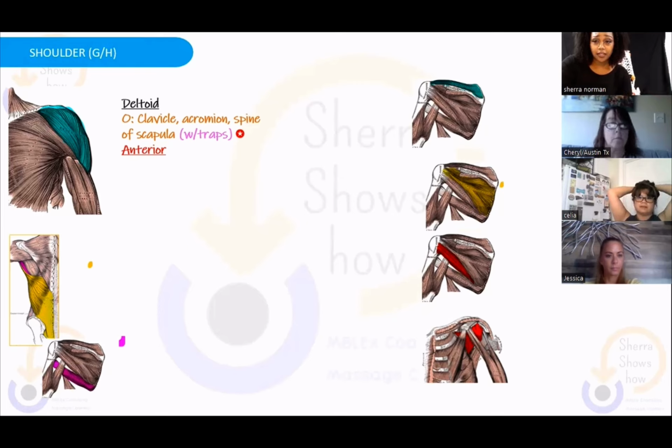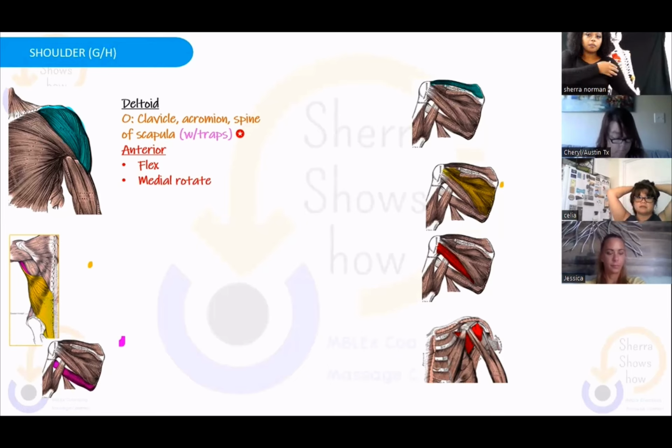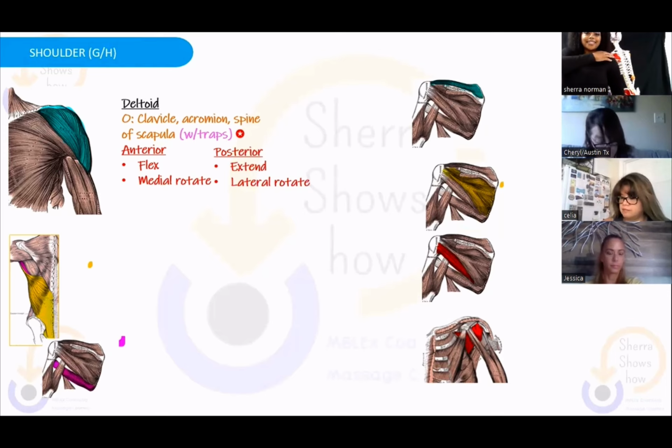We usually understand deltoid a little better. So the anterior fibers, because remember, muscles pull. So the front fibers are going to do the flexion and medial rotation because it has to pull into flexion, pull into medial rotation. So the anterior fibers flex and medial rotate. The posterior fibers extend and lateral rotate, okay? All of them abduct. The whole deltoid abducts the shoulder,